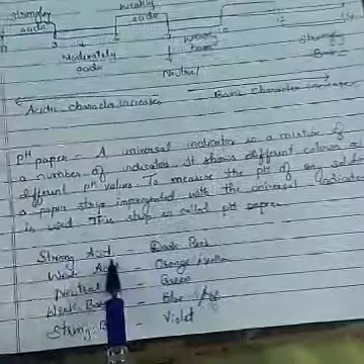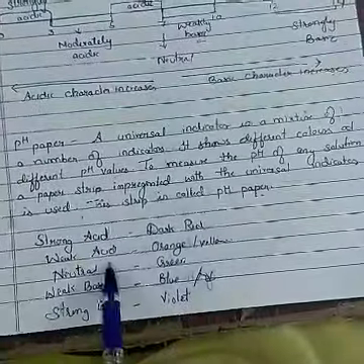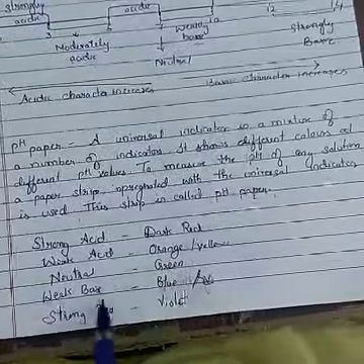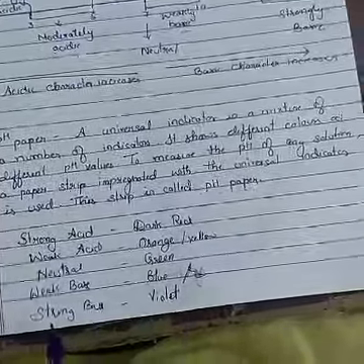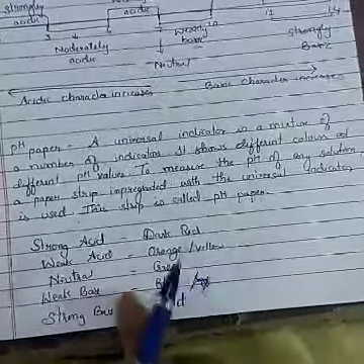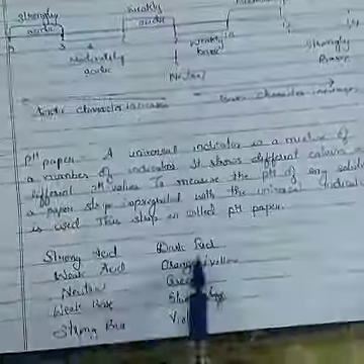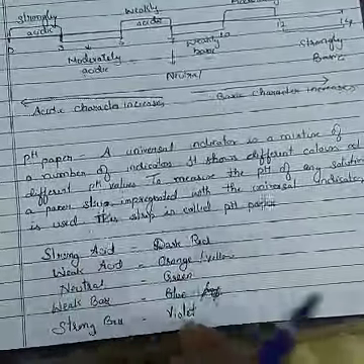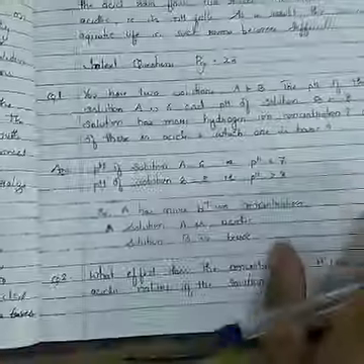For strong acid, it shows dark red. For weak acid, it shows orange or yellow, for neutral green, for weak base blue, and for strong base it is violet. These are the indications of the pH paper: if it is a strong acid it's red, and if it is a strong base it is violet.